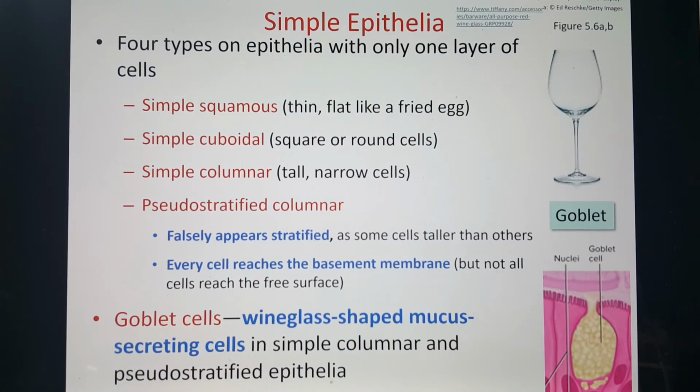So going into our different subcategories, we have simple epithelial. So we have our one layer cells in either the squamous, cuboidal, or columnar shape. And again, pseudostratified is still a simple type of epithelial. It looks like it's stratified, but actually every cell touches the basement membrane. So in our simple epithelial tissue, we do have a type of cell that does hang out in this type